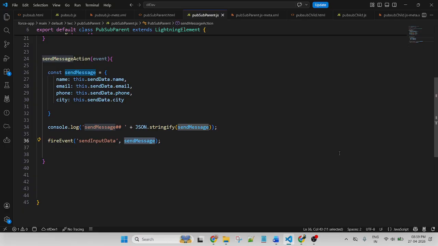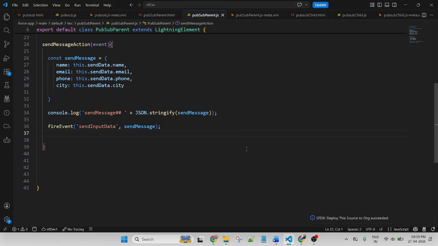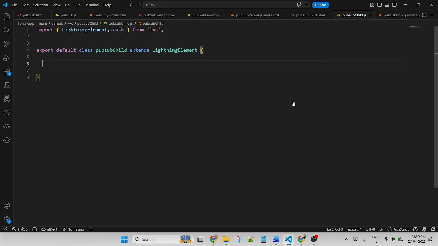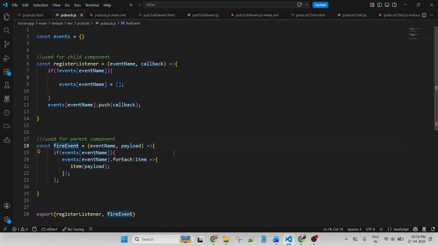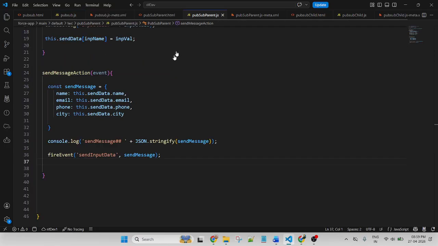Now save and deploy once again. Deployed successfully. Now go to the child component. Similarly, to receive the data that I am passing from the parent component, first we need to import. This time I will import registerListener.